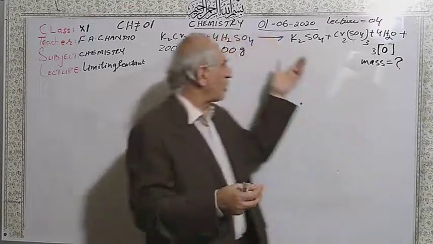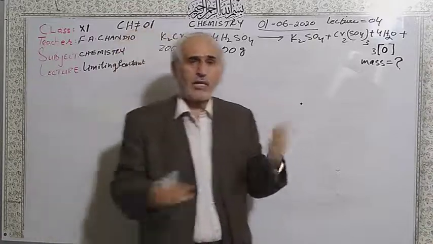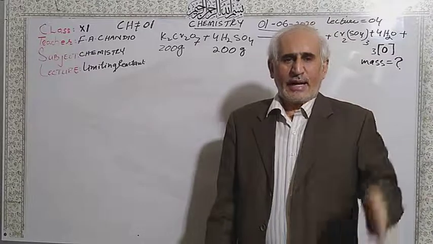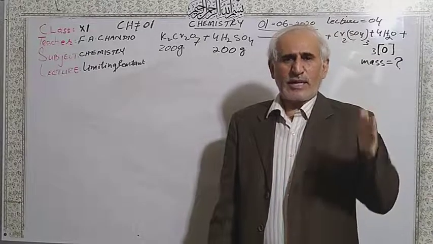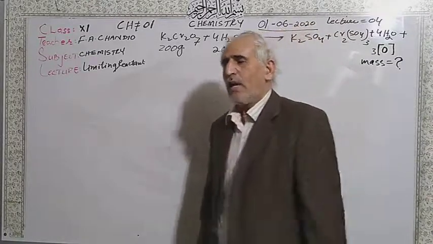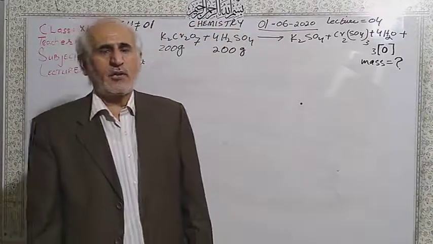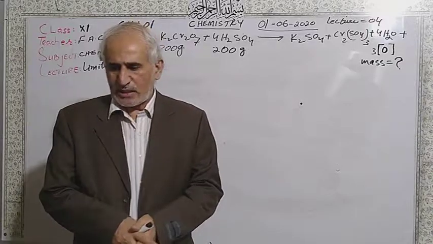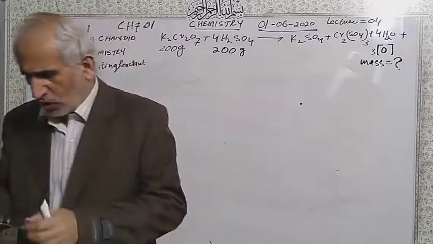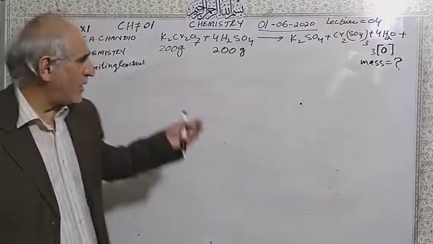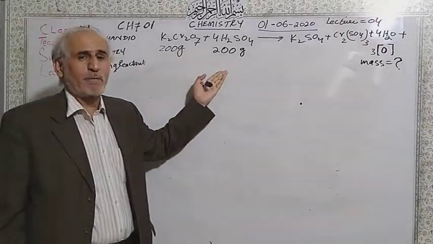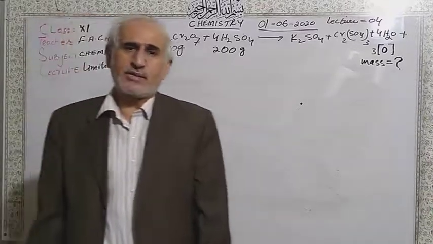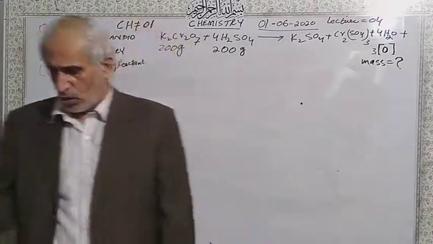I told you there are 2 reactants, one of them will be consumed, one is going to be finished, and second some is going to be consumed and some left behind. And he said that also calculate the mass of non-limiting reactant. You have to calculate the mass of non-limiting reactant. So, dear students, in the previous example, moles were given. So now here mass is given. So first convert mass into moles.